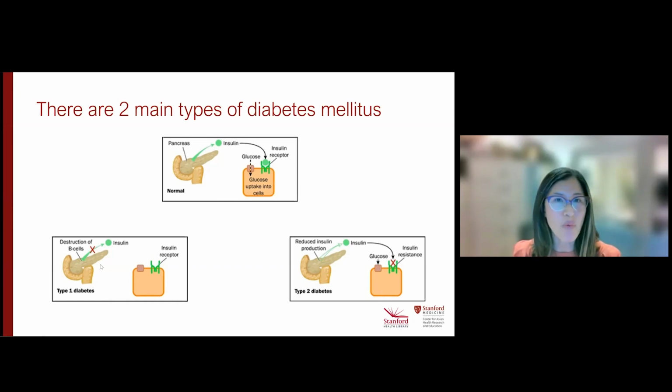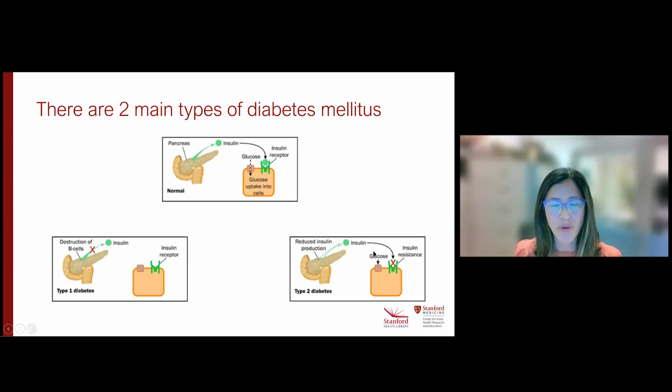In type 1 diabetes, your body destroys the cells called beta cells in the pancreas that make insulin. Therefore, it is very important that these individuals get insulin for treatment. Recently, we celebrated the 100-year anniversary of the discovery of insulin, which was a great modern therapeutic discovery. So in type 1, we need insulin for treatment. Type 2 is much more